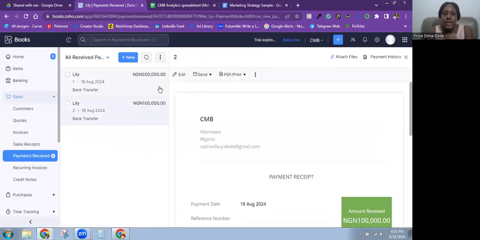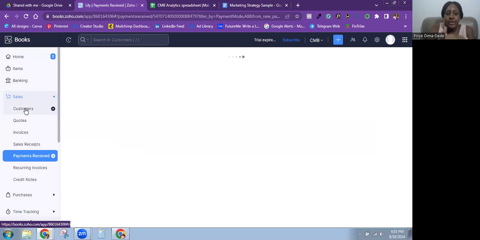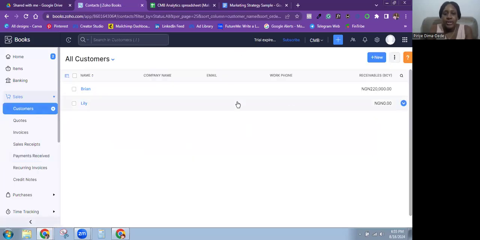Perfect. So now we have this payment that has been recorded and we are owing this customer, right? If you want to see that, you know, there's unearned revenue for a customer, you would go over to your customers, the customers menu, and you would see this here. So you have Brian here and it's showing receivables 220K, but Lily doesn't owe any money. So if we click on Lily now,